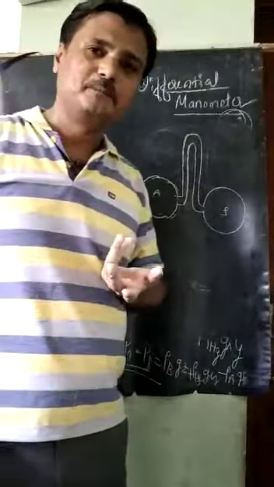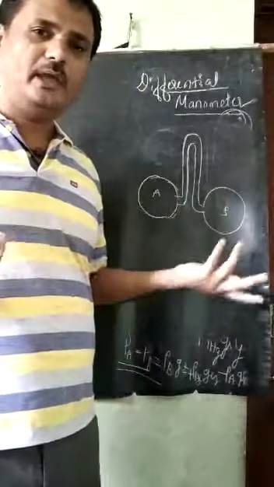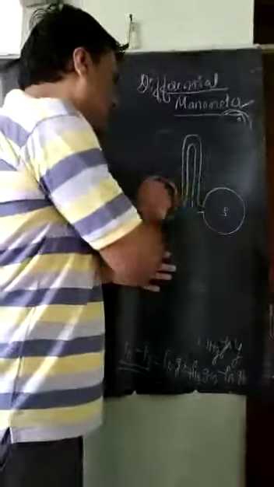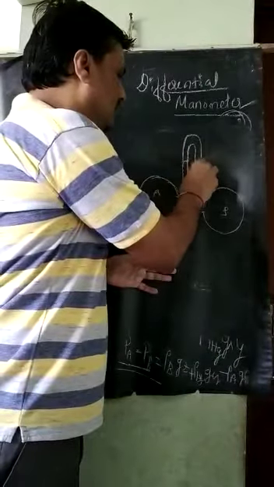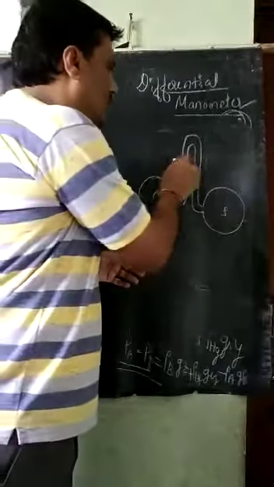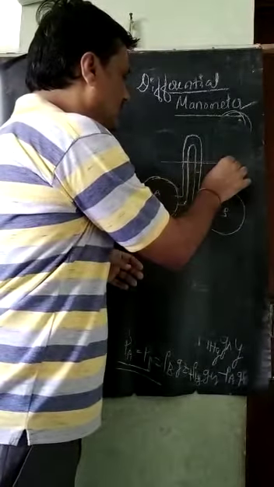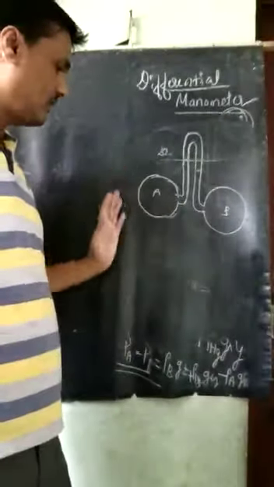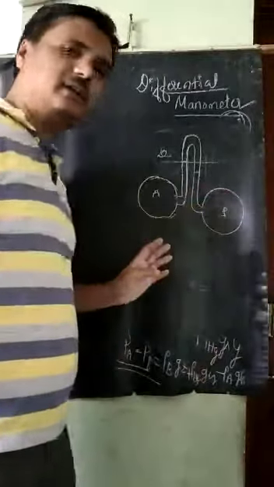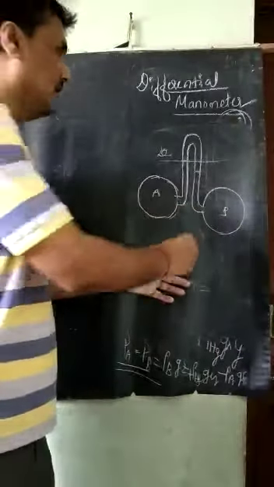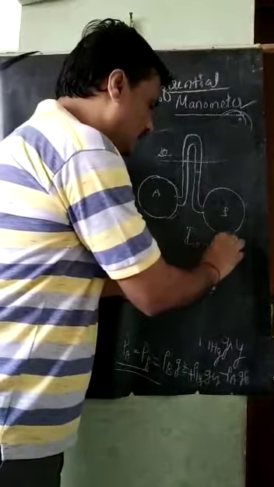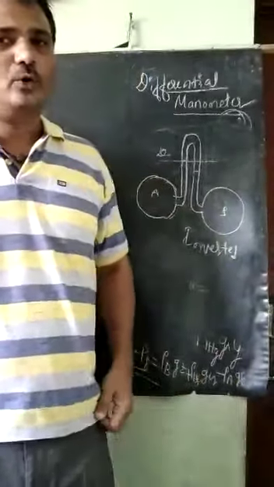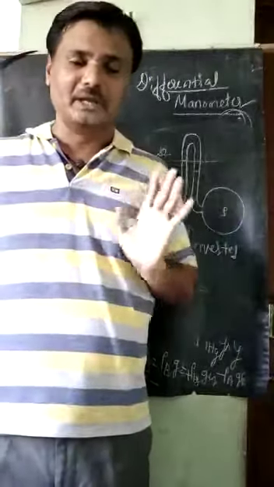In this case, the balance equation is written the same way. Left limb, right limb. You write it here and here. The lower level will be taken as the datum line. Then again you write that same equation. Left limb you write one side, right limb you write one side. Again that same equation will be taken. This is called the inverted differential manometer. So this is about manometry here.